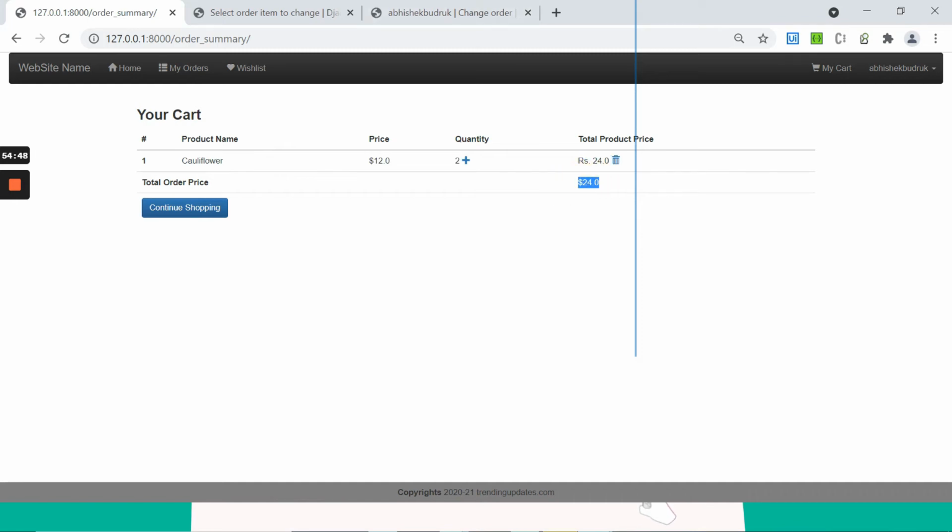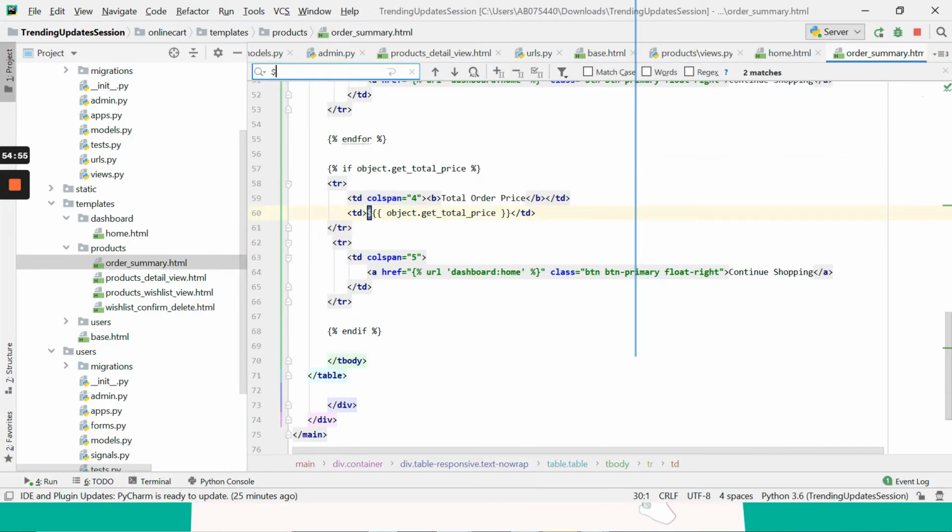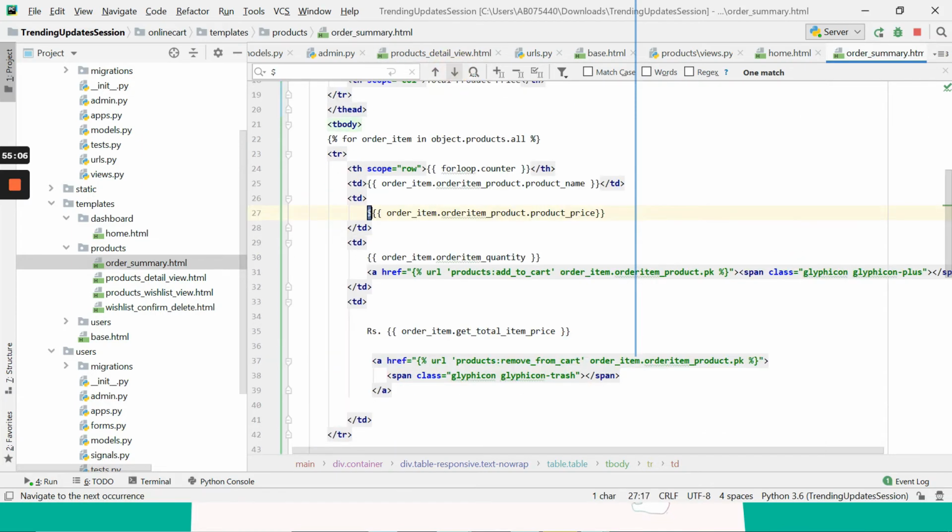Wherever there is a dollar, I'll mark it first: I'll search here for dollar and mark it as rupees like this, and go to the next one. Okay, one match is there. Okay, here, rupees like this.